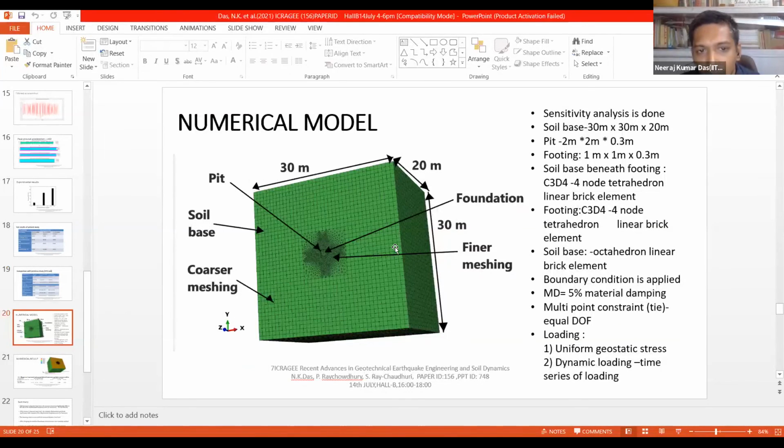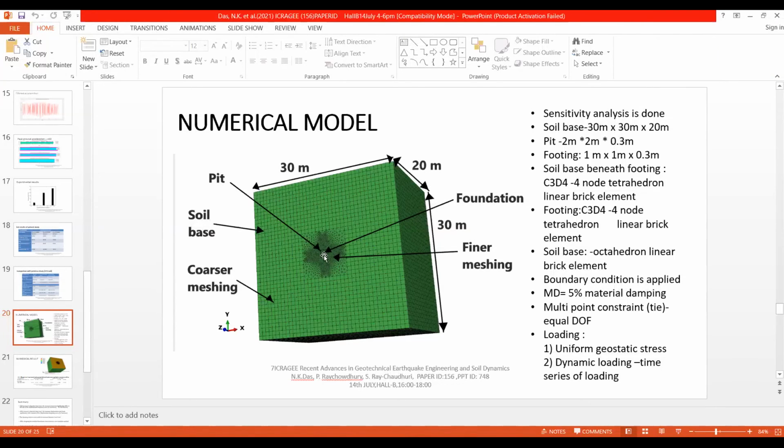Now we have simulated numerically also. In this, first a sensitivity analysis is done to fix the domain size. We varied it and noted how the dynamic displacement is changing. This bigger base, 30 meter by 20 meter, is a soil base. Then there is a pit, with another soil of octahedral nature. This soil base of 12 meter by 12 meter, at a depth of 4 meter, is taken as tetrahedron. Finer meshing is done around the footing because all the load is applied by the oscillator on the